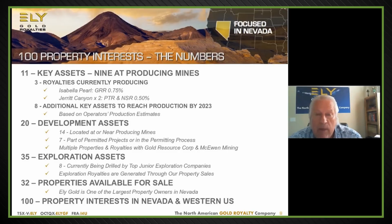So our development assets, while we think some of them may become standalone mines, don't have to become large enough to warrant the capital expense of permitting and building a mine. The mine's already built. The ore that's found there will be used to extend the mine life and the production profile of that existing mine. We then have 35 exploration properties,